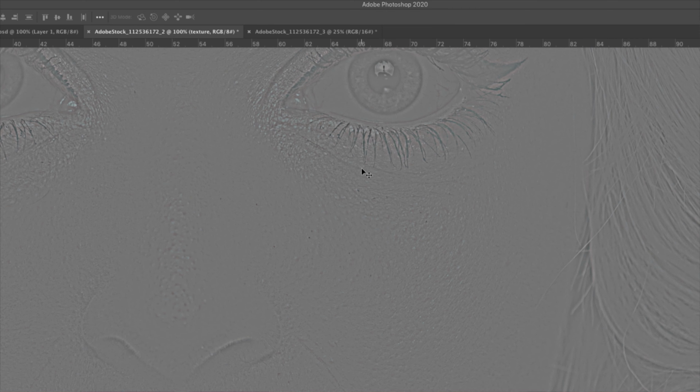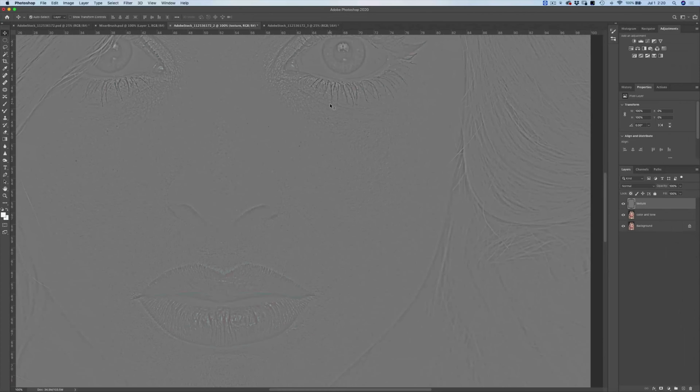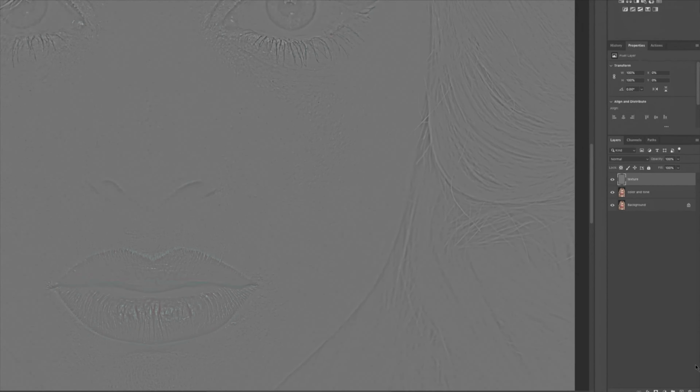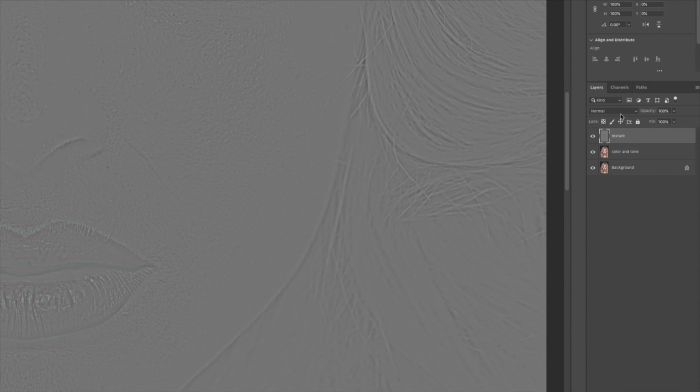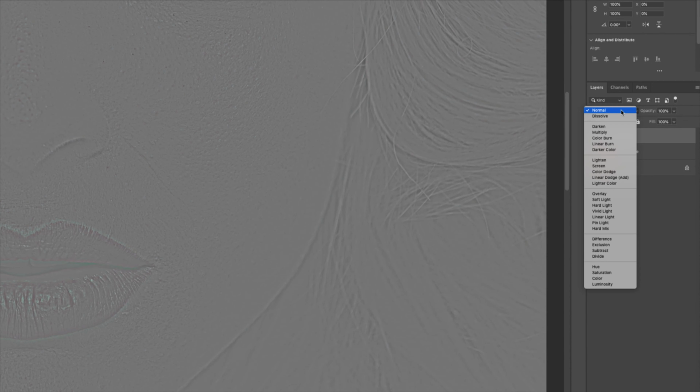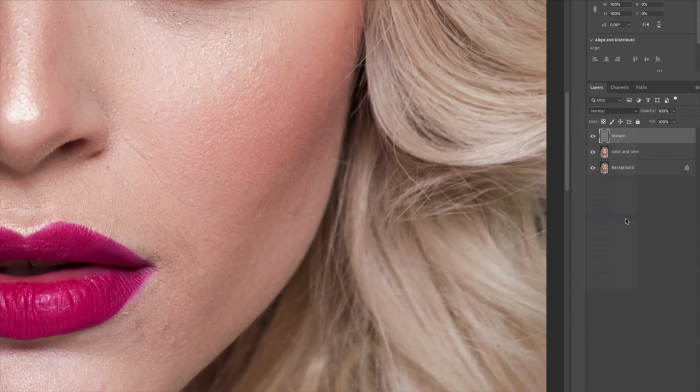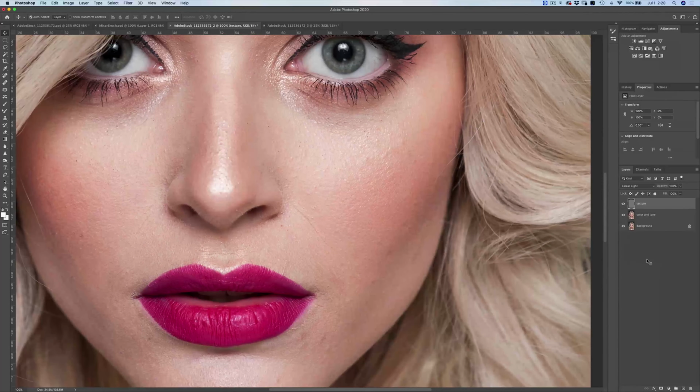So that's the texture of our image. Our last step with the 8-bit layer setup is to change the blend mode from normal to linear light. And now, technically, our frequency separation has been completed.